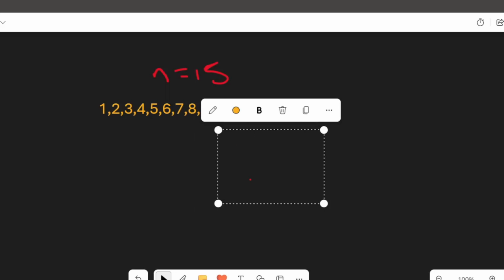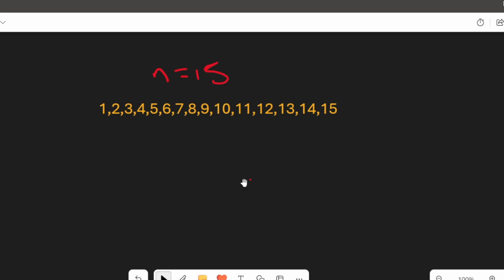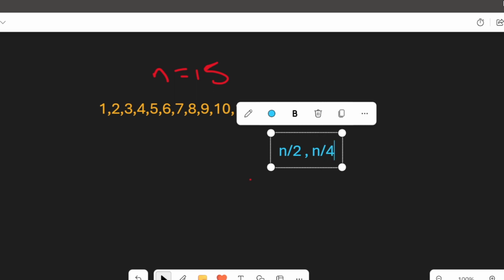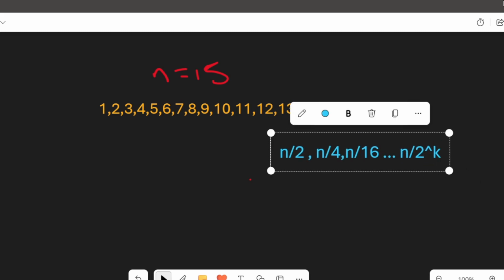Coming to the time complexity of the question, here we are decreasing the n value by half, and again decreasing the n value by half until we get the solution. So for time complexity, first we decrease the n value by 2, then n by 4, and in another iteration n by 16. That is in the form of n by 2 power k format. Suppose after k iterations,